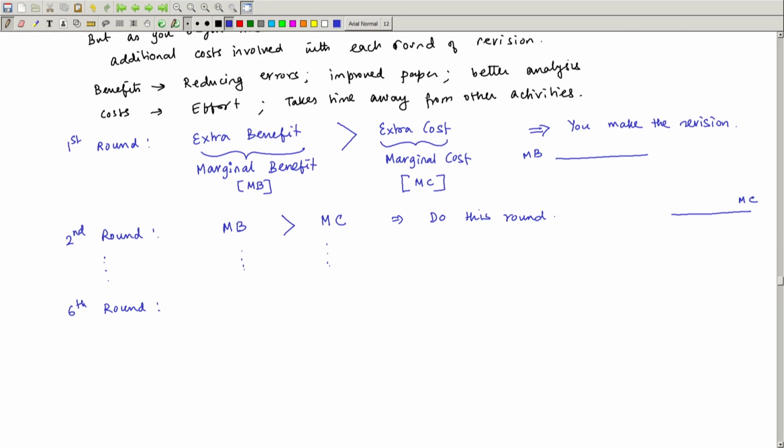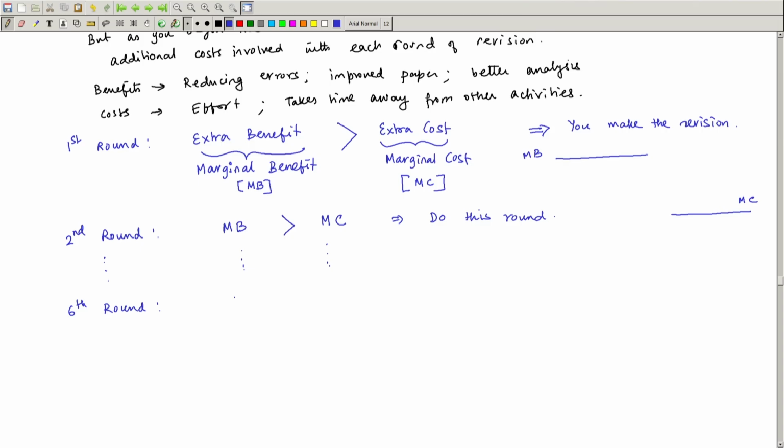right, where you find that the paper is a much improved version compared to the version that you started with. So, now you can always improve the paper, right. So, there is always going to be some positive marginal benefit, right. The incremental benefit is always going to be there, right. So, you rewrote a few lines, you felt that what was there was not very clear, let me change these